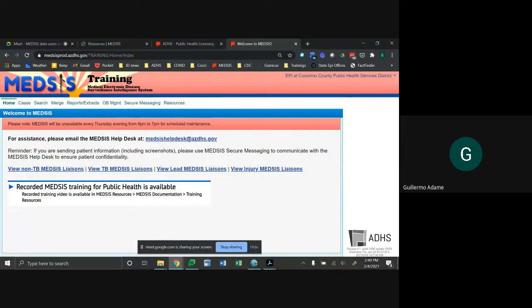Okay. After investigations into the outbreaks are completed, investigators will need to document in Outbreak module if the outbreak criteria were met for a confirmed outbreak. And we'll get into that later, but again, we do have that outbreak definitions in our outbreak guidance document that I showed and is attached. So our first topic is how to create an outbreak entry in Outbreak module. Outbreak module being in this OB management tab right here. So let's go ahead and click in that.